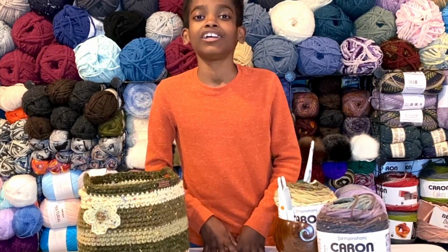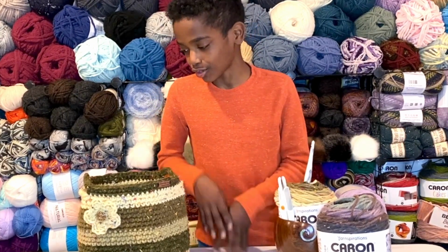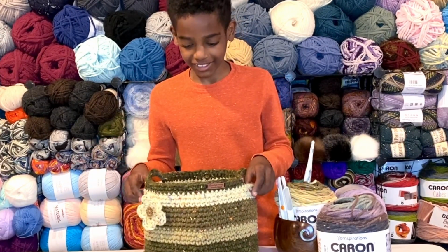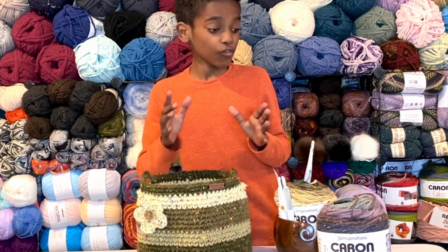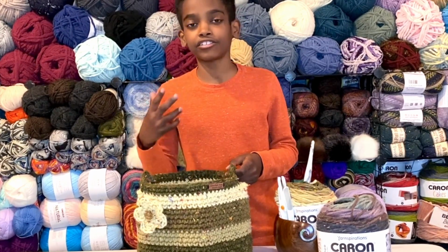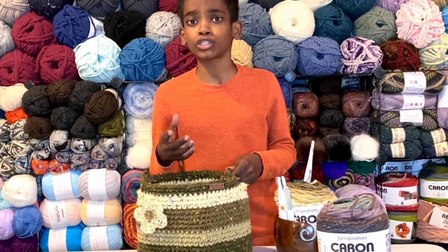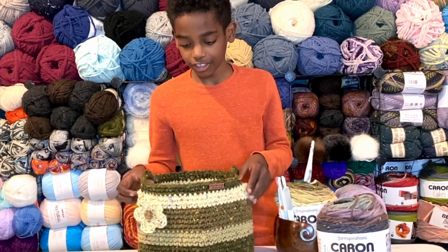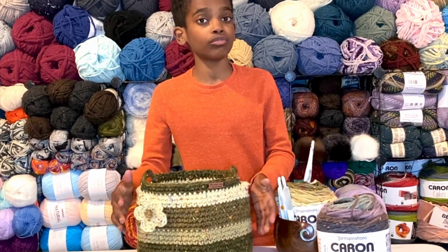Friends, it's me, Jonah, and today I'm going to show you how to make this beginner-friendly, bulky crochet basket. And this basket is perfect for the beginner because it only uses 2 stitches, half double crochet and single crochet, which are some of the first stitches you learn as a beginner. So if you know those 2 stitches, you're all set to go to make this very sturdy and beautifully striped